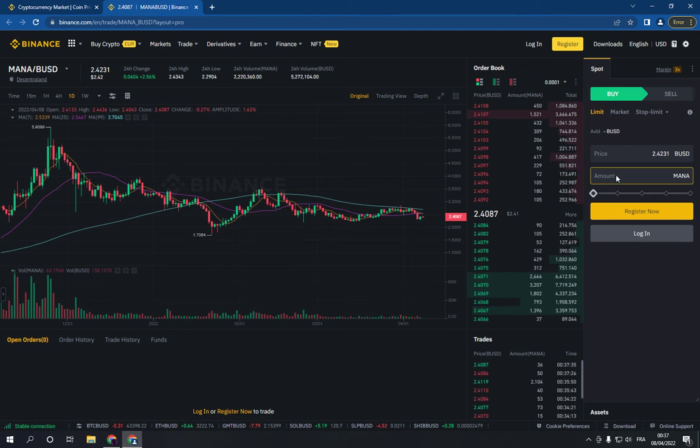Now you go here and choose the amount of MANA that you want to buy, for example 500, and then make sure it's on buy here, and you will find the buy now option here after you choose the amount that you want to spend. And that's it for